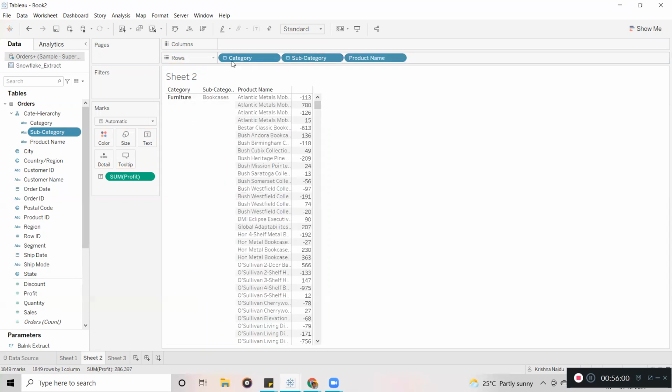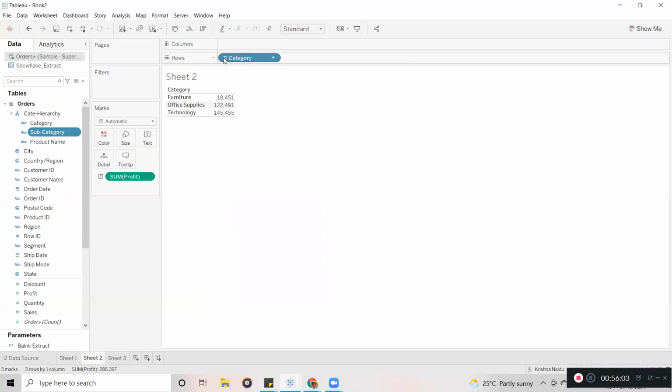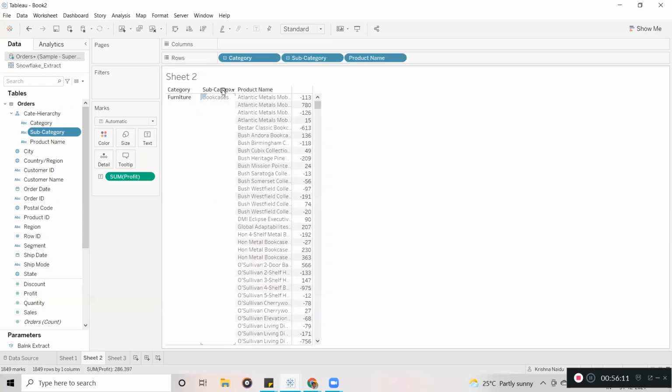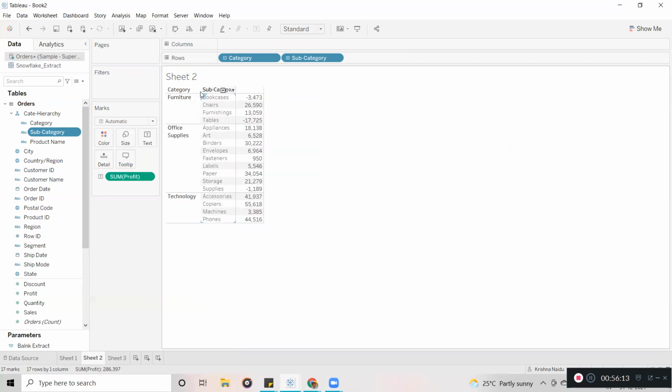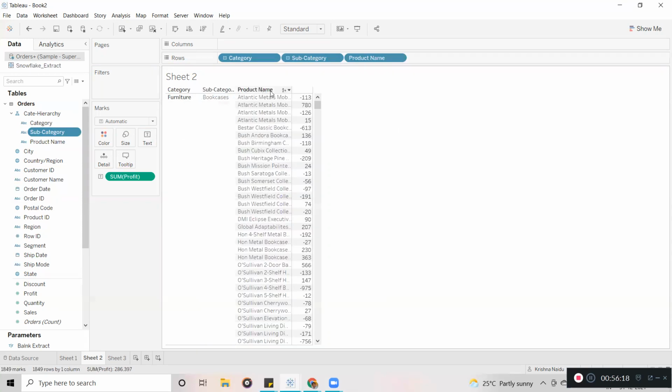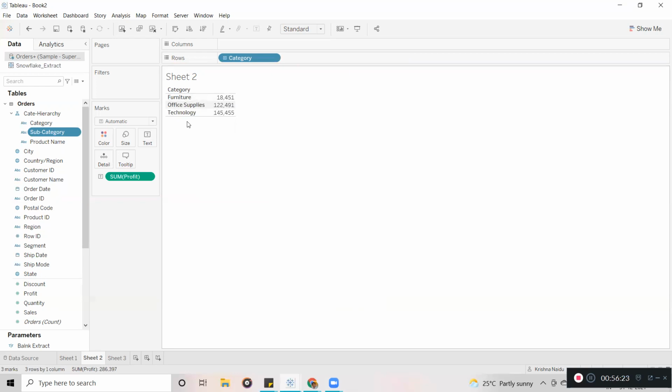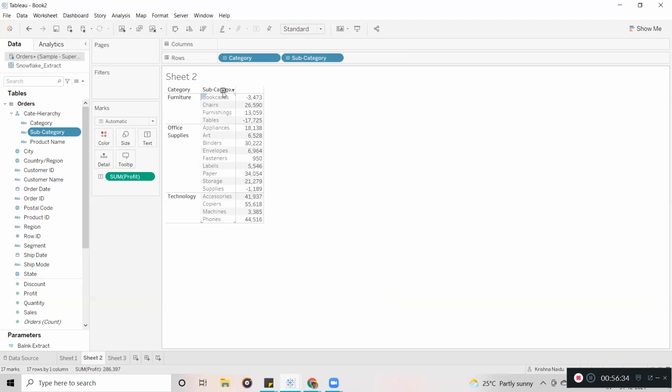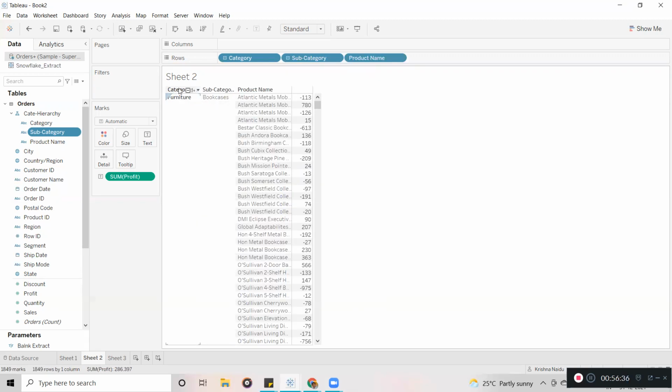Now guys, whatever I am operating from the rows shelf, this option is not going to be enabled for the end user. The user can only select from the view itself, and he can drill down. At whatever granularity he needs to see the data, he can drill down or drill up based on his requirement. So with that single visualization only, we are achieving this requirement. Instead of creating 3 different sheets, we have created one sheet and we have provided drill down and drill up options to the end user. Okay, is it clear?